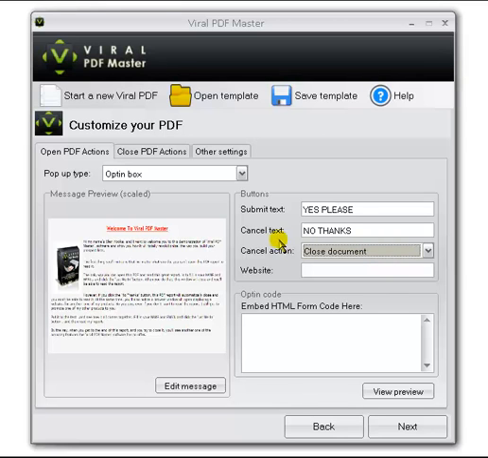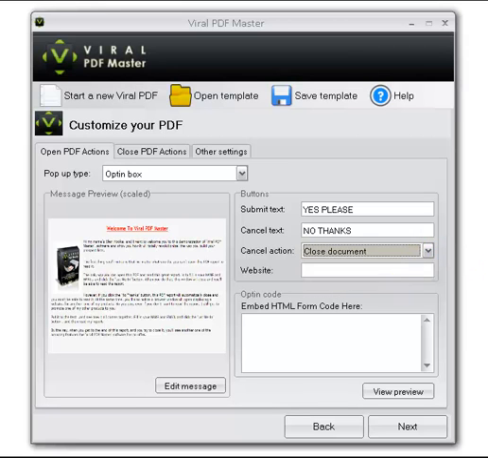Now this option works where if the reader doesn't fill out the opt-in form in the pop-up window and clicks cancel, the PDF document will close and they won't be able to read it, no matter what they do. Now you have the option also to put a redirect URL here if you want to, although you don't have to. Naturally, if you've chosen the open a web page, you'll want to put a URL in here,